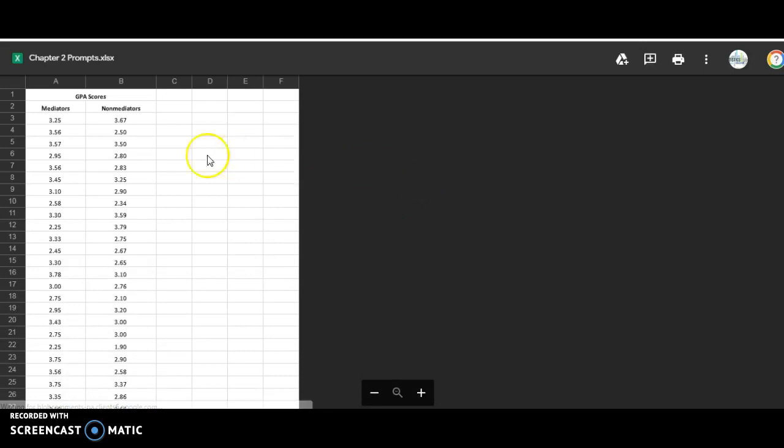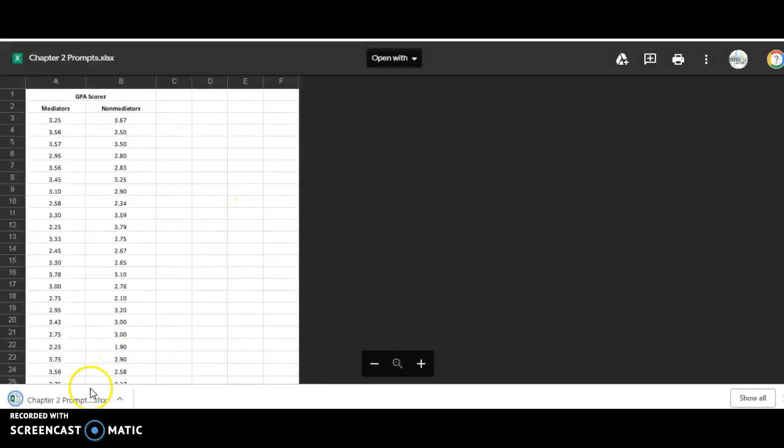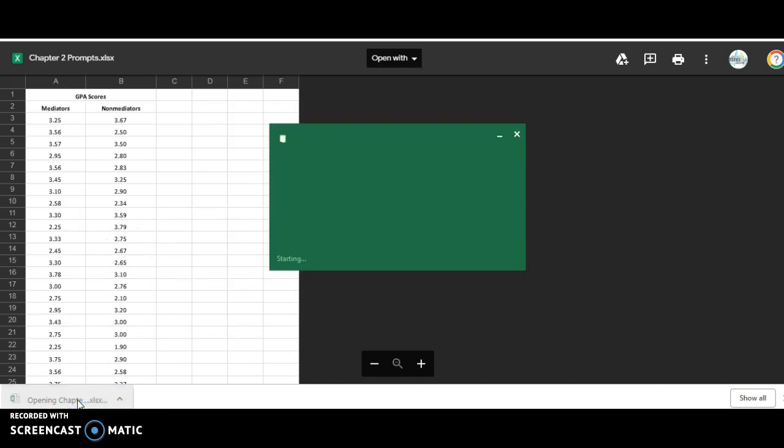It has all the data already placed in it that goes along with the prompts from this chapter. The first step, once you get up to here, is to go to the three dots, more actions, and then download. To do anything to this Excel sheet, you want to download it,